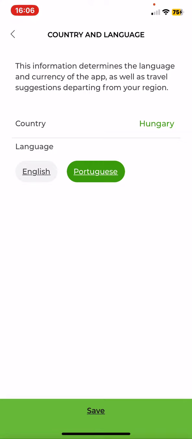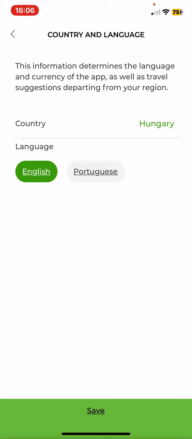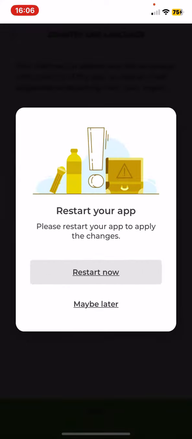And as you can see, there are two language options. So just choose the one that you want to use and then click on the Save button. And if you want the changes to apply, then you have to restart the application. And once you did that,